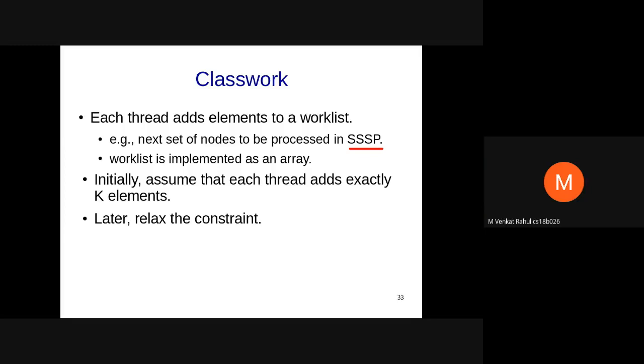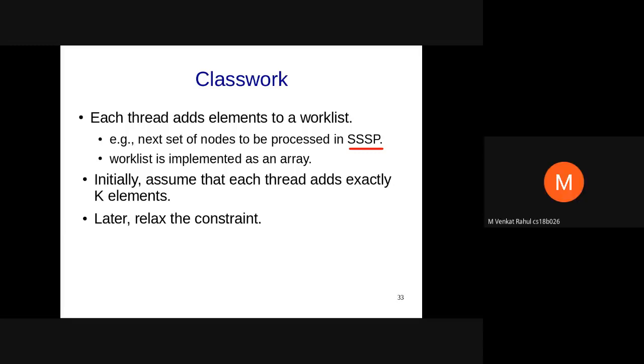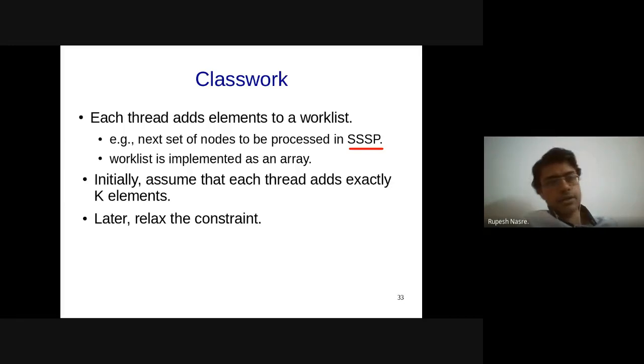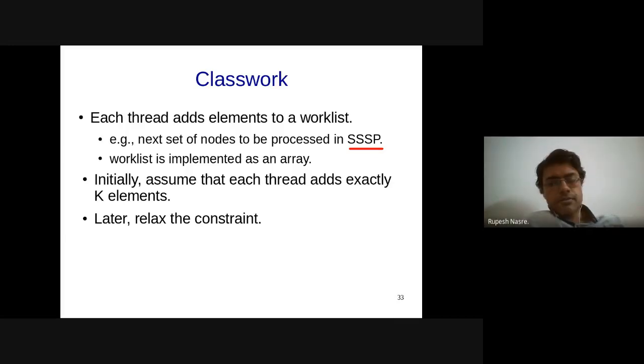Sir, since we have introduced compare and swap, can we assume that we can use locks? You can use locks, no problem. You can assume that you have implemented the lock in some way, the way we have discussed earlier, and then you can use it. Sure, no problem. Okay, sir. But also think about if you can reduce the cost, essentially improve performance, which we'll discuss.